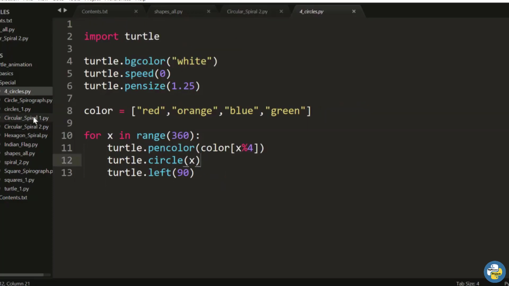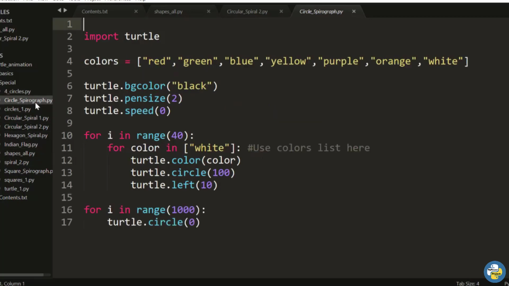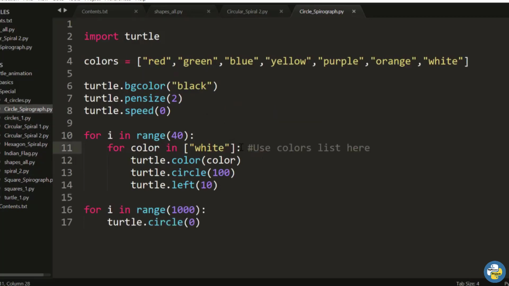Now let's move towards a different code, that is circle spirograph. Yes, so this is a spirograph made from circles. In this, it is running a loop 40 times, and initially the color is white.